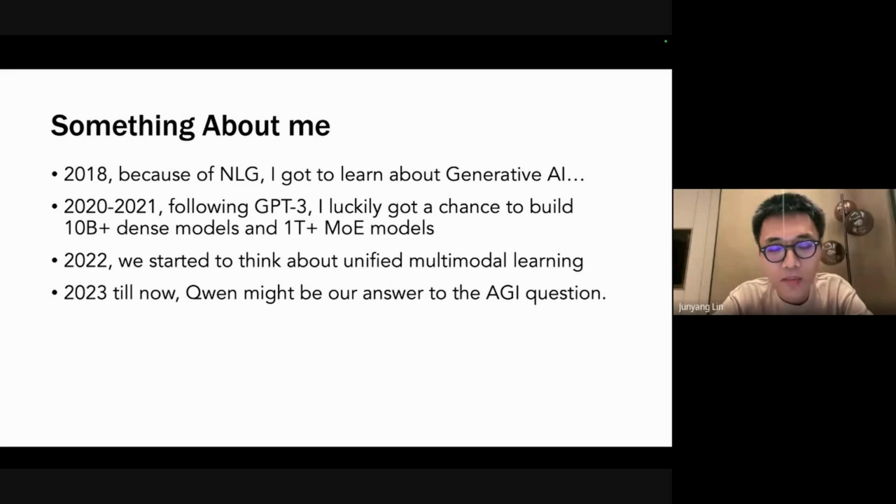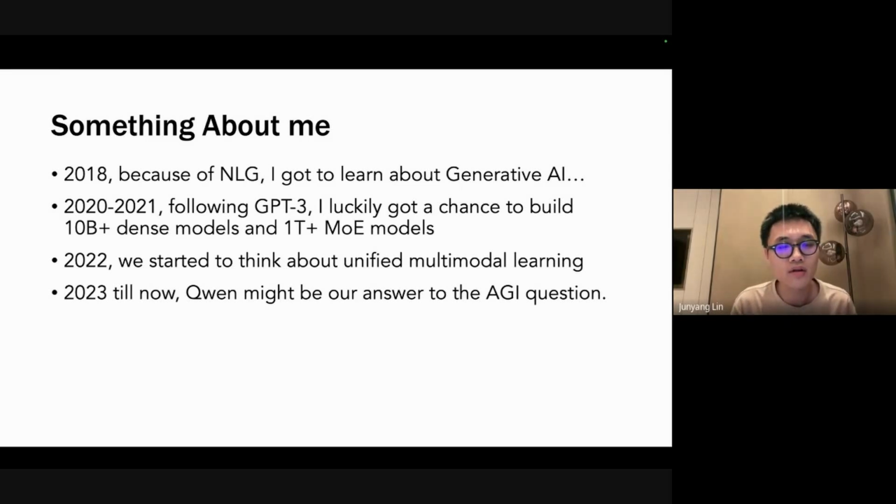I have been at Alibaba Group for my whole career. I am also in the same team. But previously we were not called the Qwen team. We were just a bunch of guys, the same guys together. Now it is the Qwen team. Yeah, in